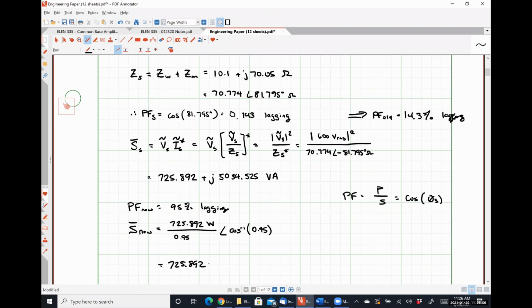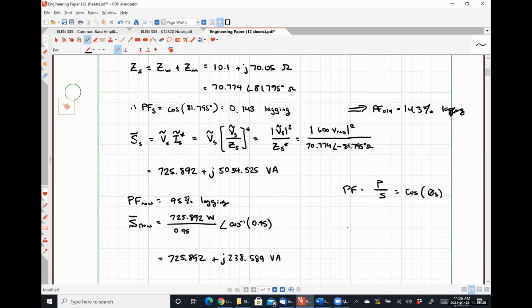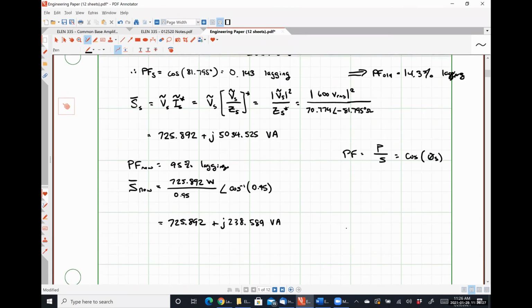That number has to stay the same or we've made an egregious error, plus j238.589 volt amperes. Okay. So now that we know what S new is, the difference, S new minus S old, has